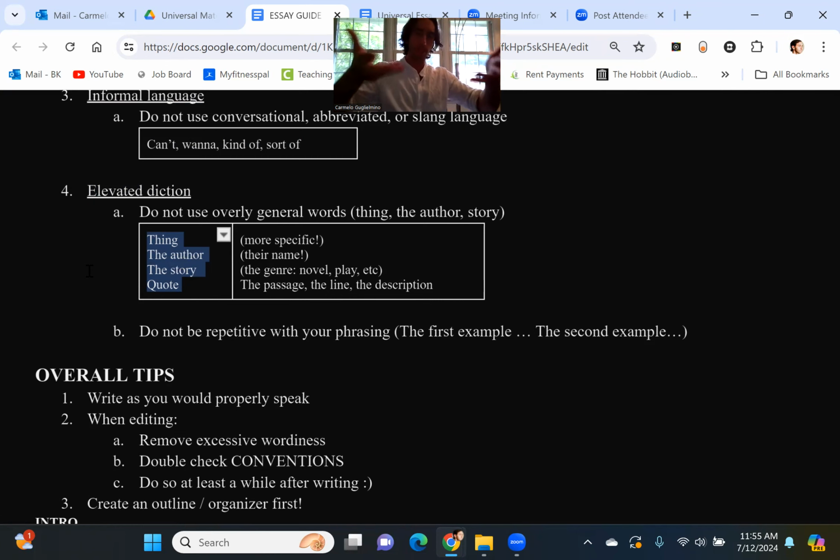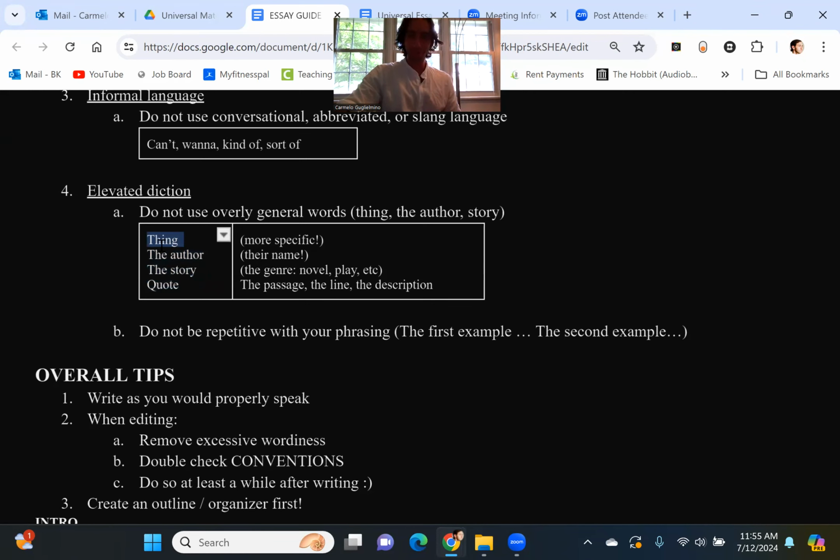We want to use more sophisticated terms, but what we really want to do, guys, maybe even more importantly, is use accurate terms. We want to use specific terms. I've said it in a previous video, but the English language has the largest vocabulary among languages in the world. We have so many words that we could choose from. So really try to find the right one, all right? The one that fits with your style and fits what you're trying to say.